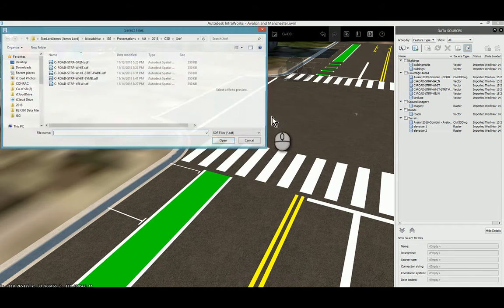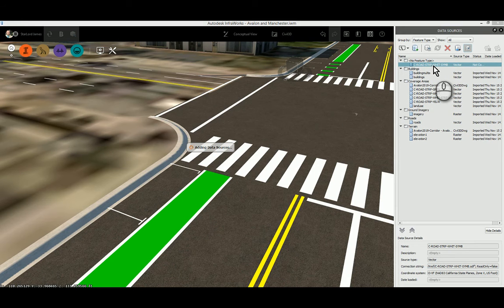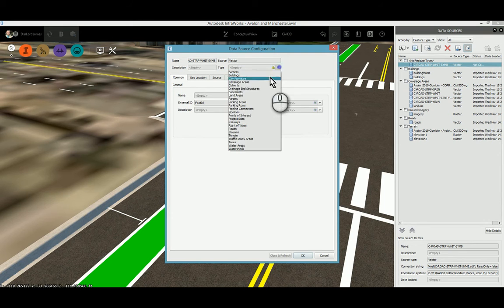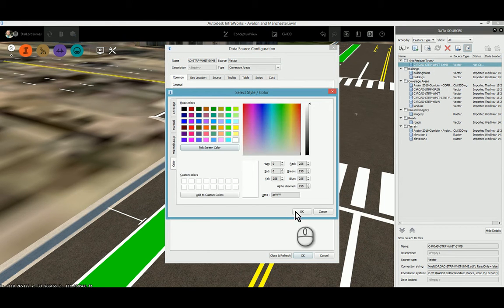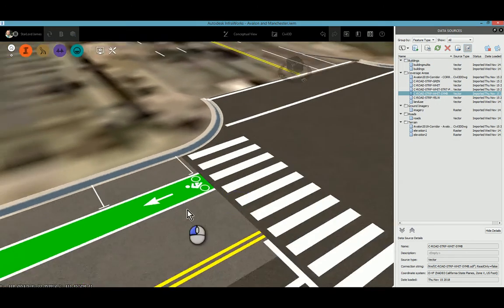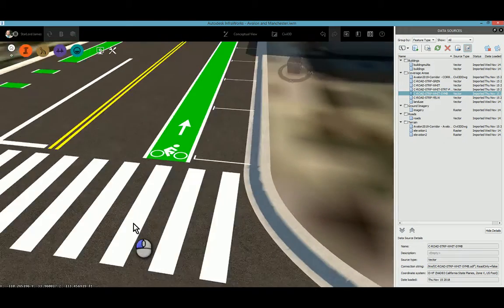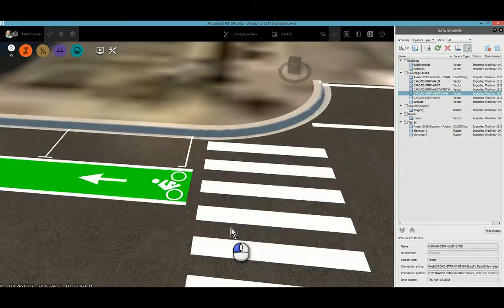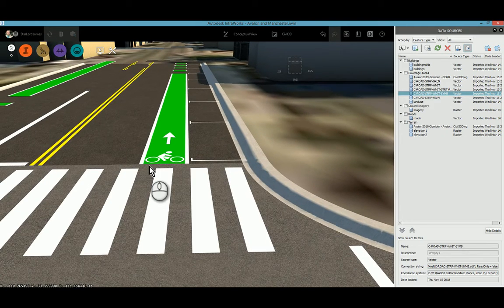Alright, let's bring that last one in here. So let's go with the SDF, do my symbols, and then let it add it, and then we'll double click. Say it's a coverage, set my color to white, and then close and refresh. It will rebuild, and now I have my little biking and arrow guy. So that's pretty much how you add the striping in. So remember to just do your export or map export options, and there's a